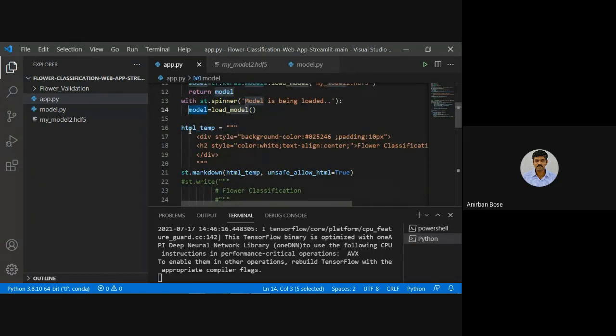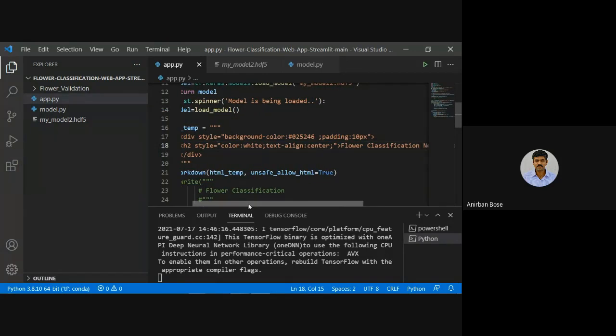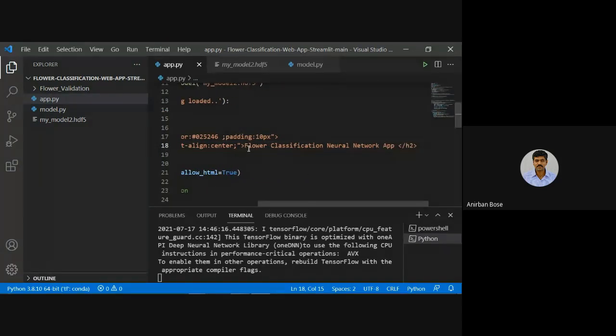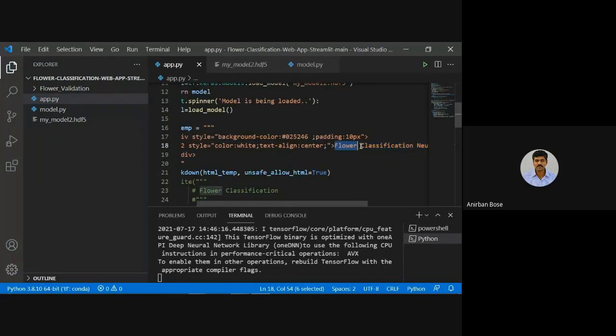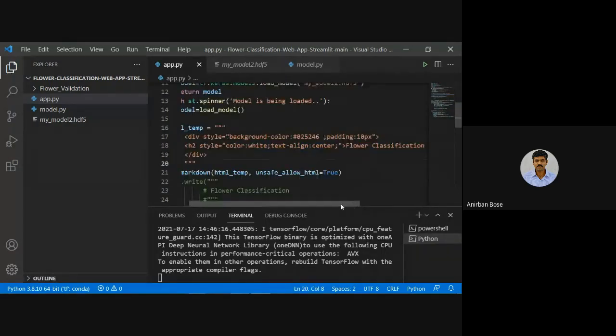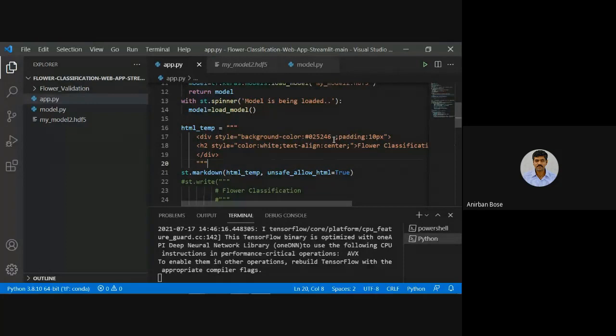After that, we have written a very small HTML snippet so that we can give the name of the app. Here we have given the name of the app as the flower classification neural network app, and we have given it some background color and some padding. We have aligned it at the center and all that, and we have given the name HTML_temp within triple quotes.